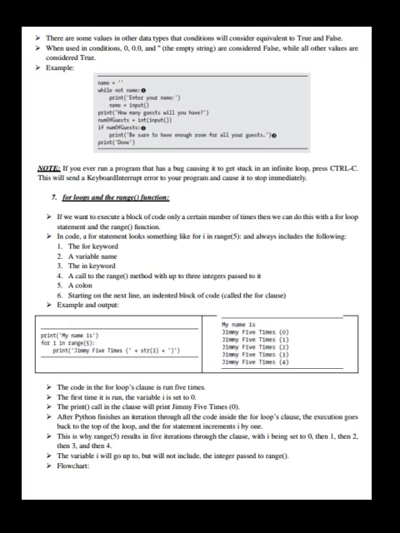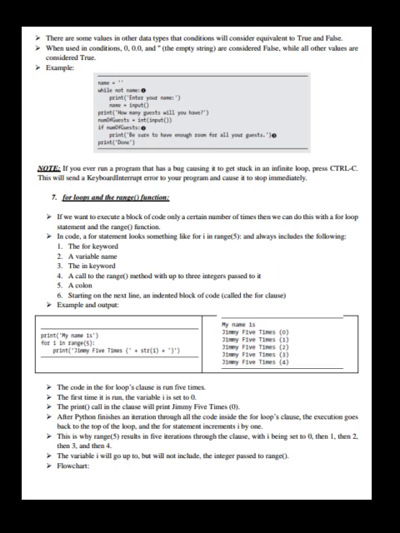In code, a for statement looks something like for i in range(5) and always includes the following: the for keyword, a variable name, the in keyword, a call to the range function with up to 3 integers passed to it, a colon, and, starting on the next line, an indented block of code called the for clause.